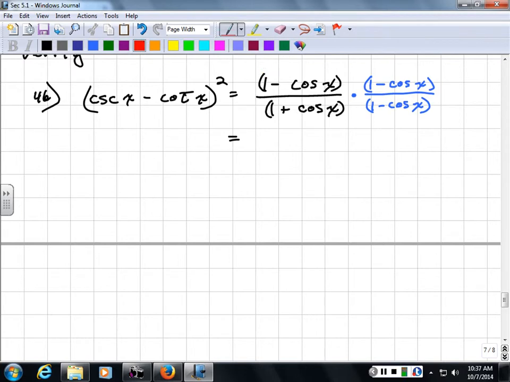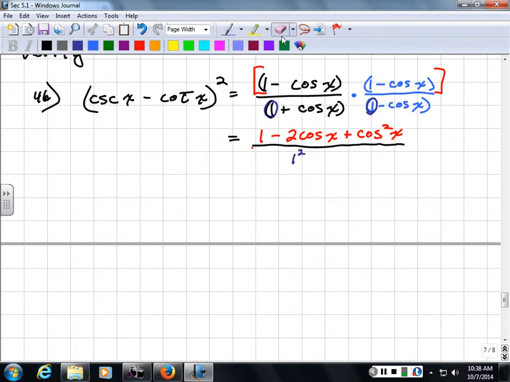But this right here is going to be equal to 1 minus 2 cosine x plus cosine squared x. This denominator, which is really what I'm trying to get to, because now when I multiply the conjugates, if I have a plus b times a minus b, that's the same as a squared minus b squared. Simple. So this is my a, so that's going to be 1 squared, which I could write as 1 if I wanted to, and that's what I'm going to do. So that's going to be 1, and then I'm subtracting, and this is my b,